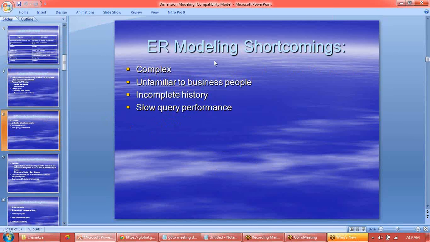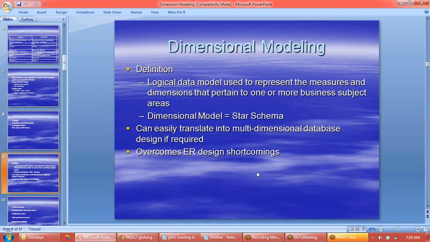Next. So ER model will always be complex since you do your ER modeling for your OLTP systems. It is unfamiliar to business people, with incomplete history; you won't have any history information. Slow query performance, obviously, because when you have more tables involved, your query performance reduces. Whereas dimensional modeling has something called dimension table and fact table, where your dimension table stores dimensional information or